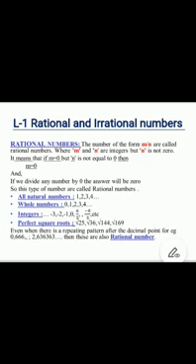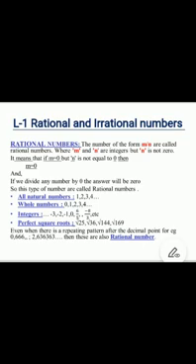is not 0, which means that if m is equal to 0 but n is not equal to 0, then m upon n is equal to 0. And children, if we divide any number by 0, then the answer will be 0. So this type of numbers are called rational numbers.